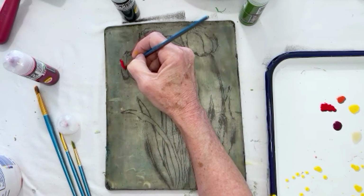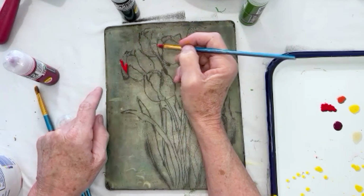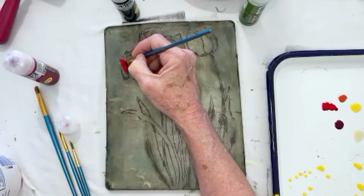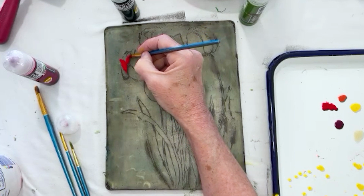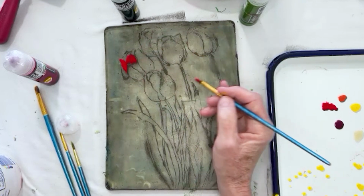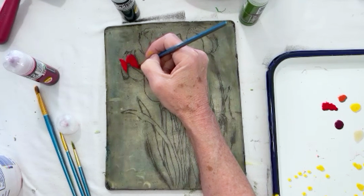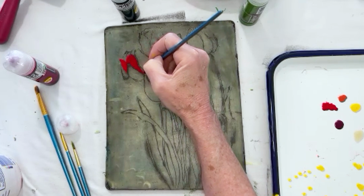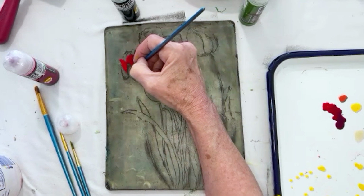I'm going to start over here on the, whatever this is, it's my left, your right, I guess. Start painting in the shapes. And the reason I'm starting on that side, of course, is because if I start over here, I'll be putting my hand in wet resin or wet color, actually. I'm just going to paint in, and then I'm going to start getting a little bit fancy and mix